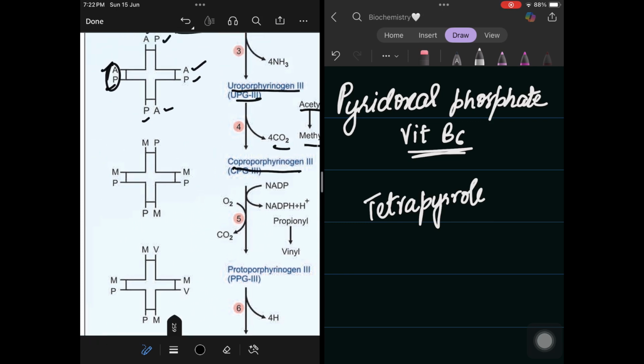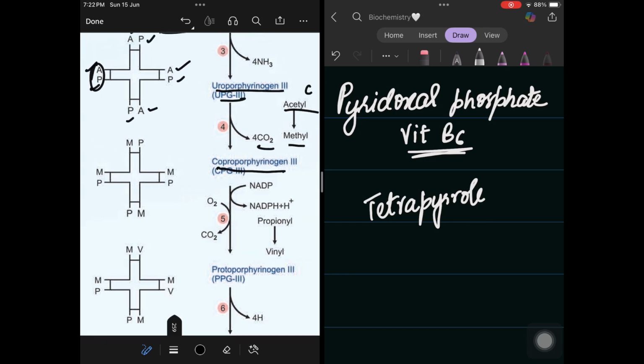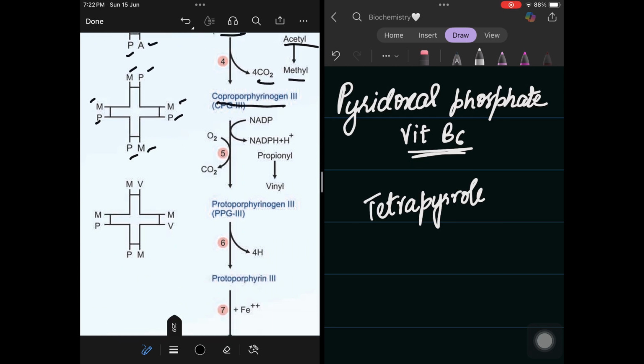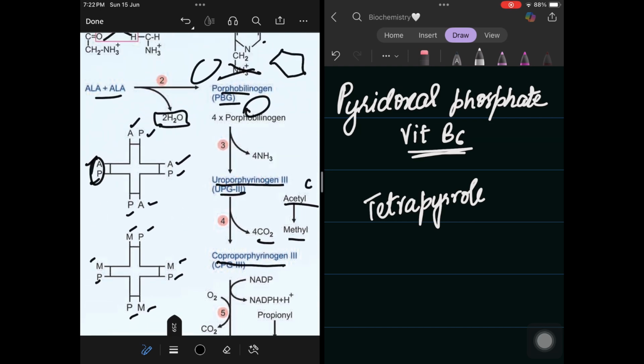Next, like I said, since the acetyls are converted into methyl, now we have MP, MP, MP, and PM. So only the last two are switched. Next, this step is pretty important. Oh, before I forget,